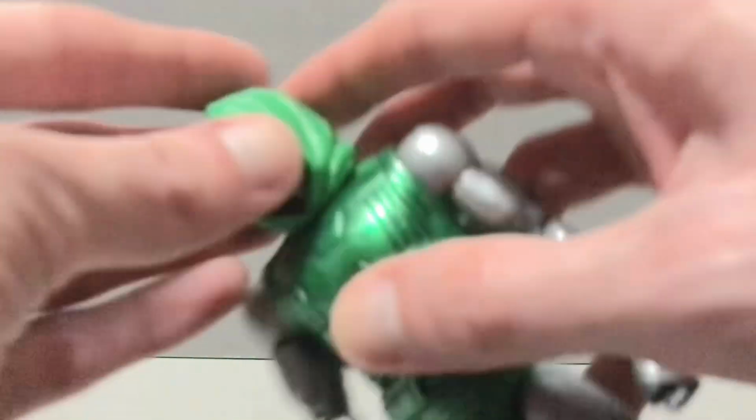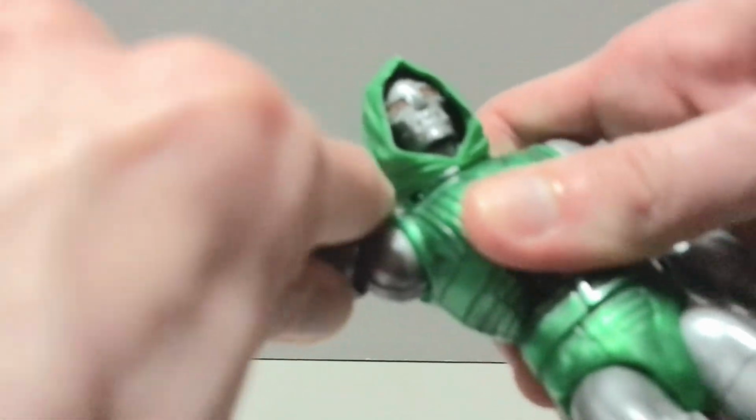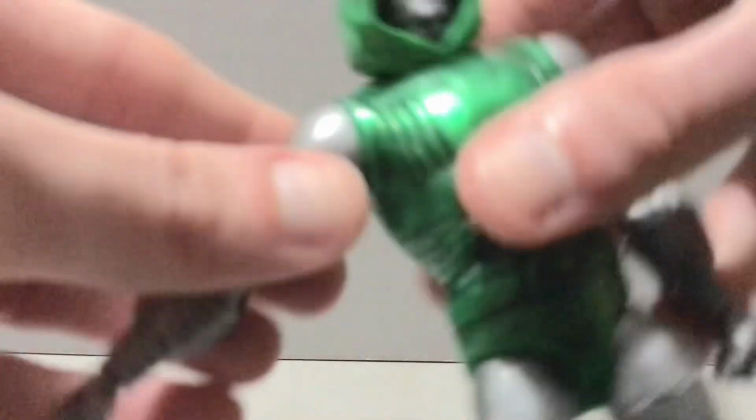This looks like a new Doom head. I don't recognize it. Shoulders go out pretty far, back down, rotate all the way around. Bicep swivel works fine. Double elbow works fine. Swivel in the wrist with a hinge. His ab crunch will move that far forward, that far back. He's got a waist twist, that works fine. Hips will kick out, yeah, okay. Back down, forward, and back. Does have a thigh cut,